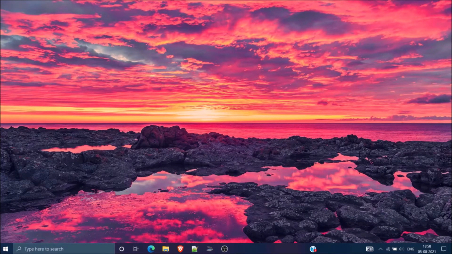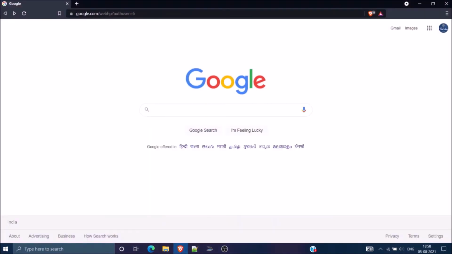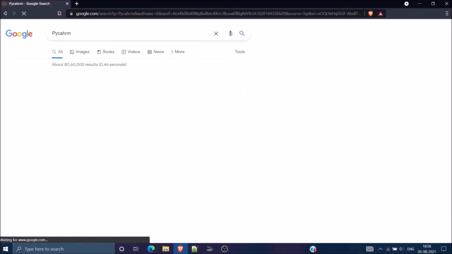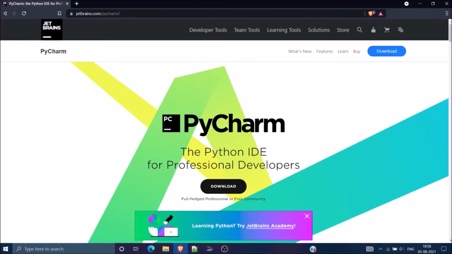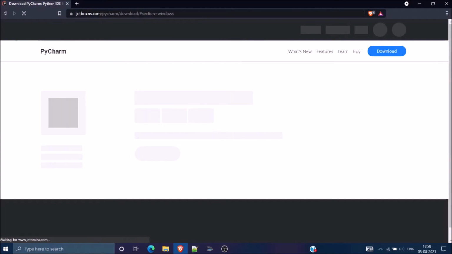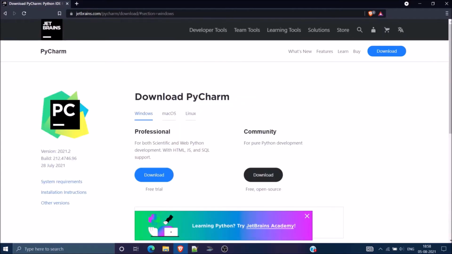Okay, time to install PyCharm. For that, let's go to our browser, type in PyCharm, and the first link should load up, which is the JetBrains.com website. JetBrains is the official developer of PyCharm. So let's click that link, click on download, and here you will see PyCharm allows you to download it in